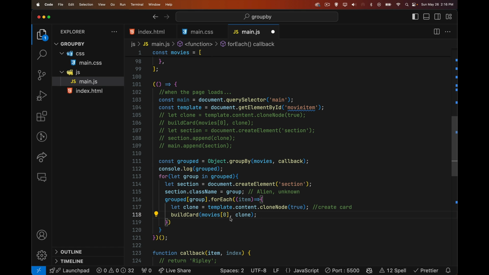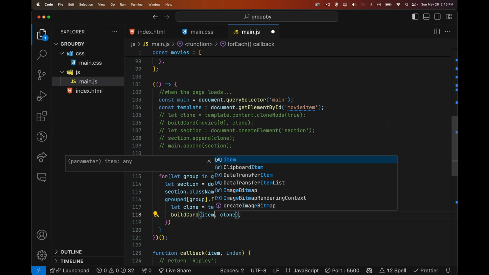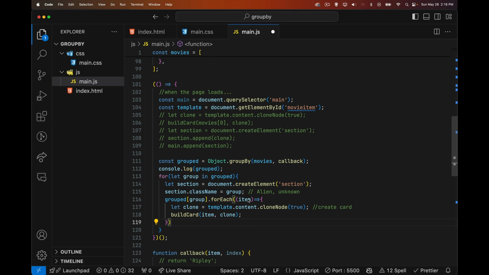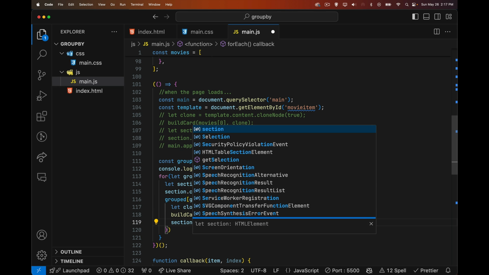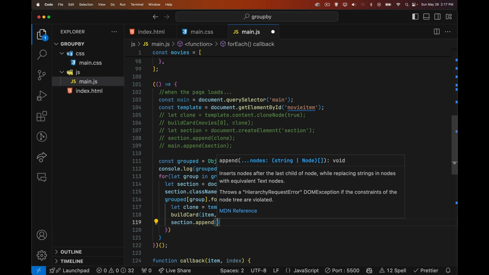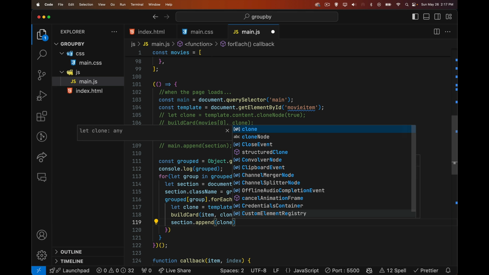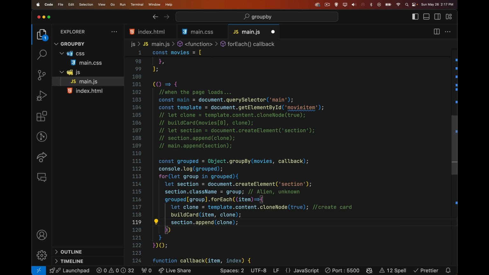Now, it's no longer movies. Now it's this item right here. So we'll change that up. So we're taking the item from inside of here. So we're looping through this array, looking at the objects one at a time. Here's the movie item. Once that has been put together, then I can append to the section our new document fragment, the clone. And after we are done looping,